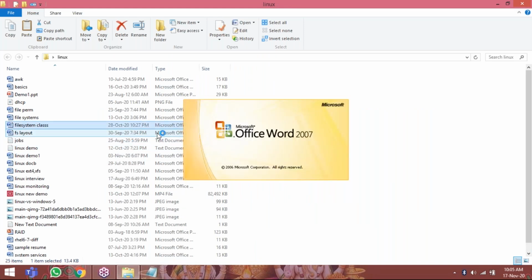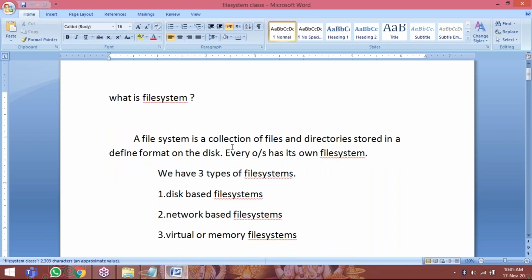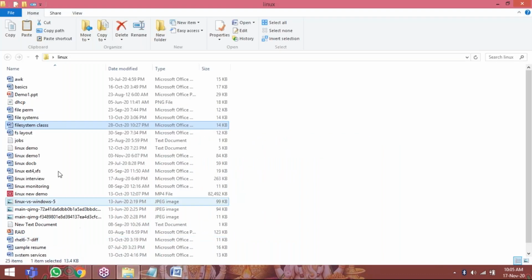Sir, I have one small doubt. Yeah, tell me. Sir, once we enter into the organization, which part will we be working on, standalone or networking? Depending upon the designation they give. Okay. So we are not going to work on all parts. Even in standalone also, you are not going to work on all areas.